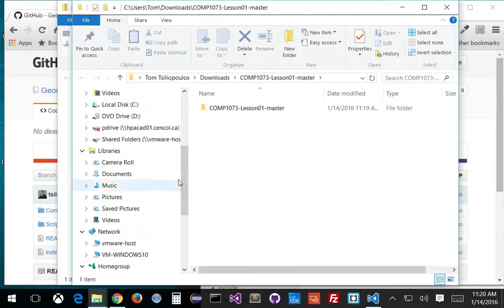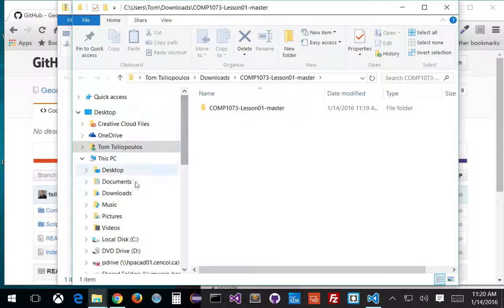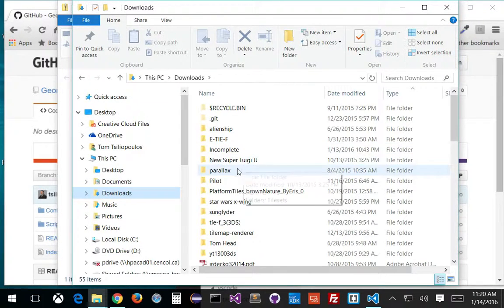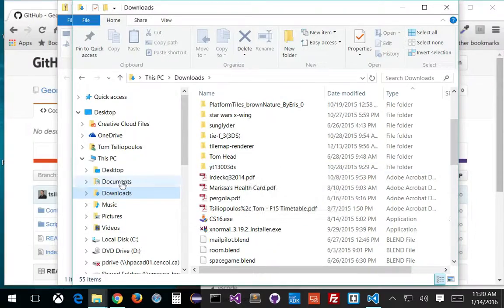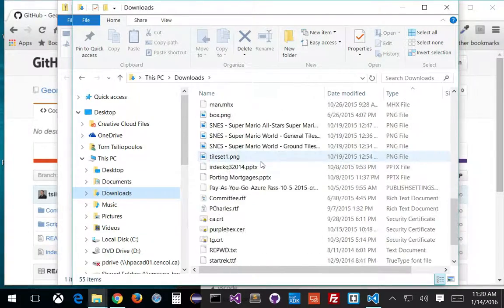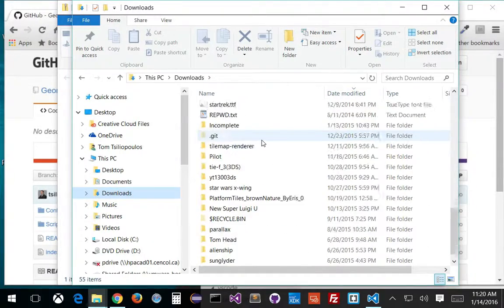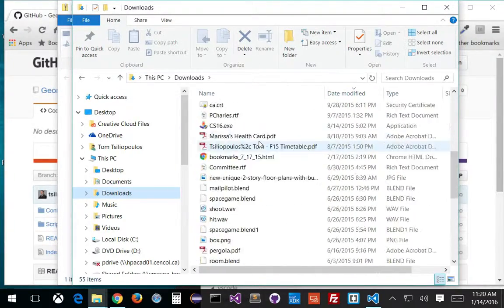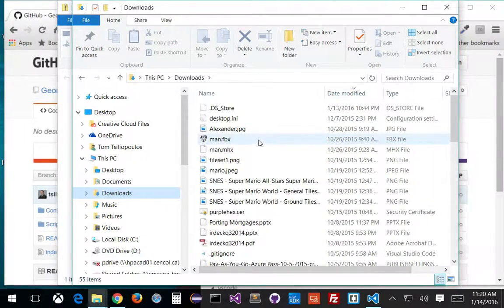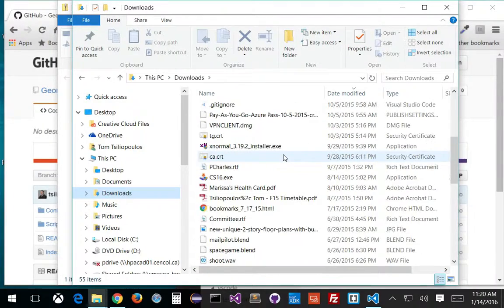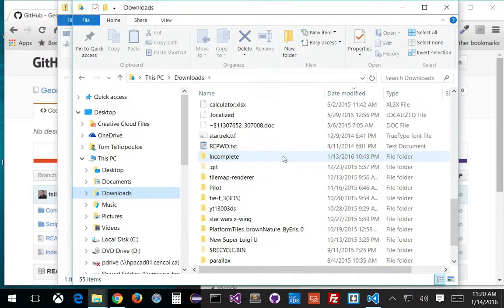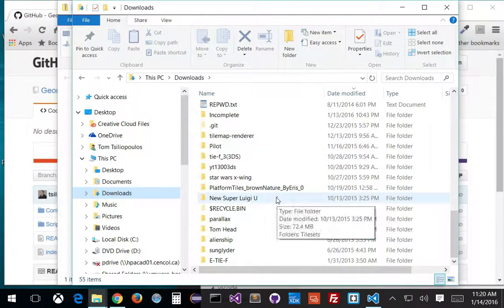All right, so now what I want to do is go into my downloads, where I have that file, which is COMP1073, wherever my downloads exist. So I have my COMP1073 folder, and I can sort it by date modified, which is a quick way of doing it. Wherever my date modified is, I'm going to have a bunch of other stuff in here. But I want to find my files. That's what I really want to do. So as I skip down here to find it, you'll notice it's going to have the same name as, oh,